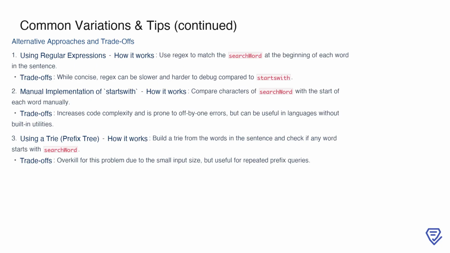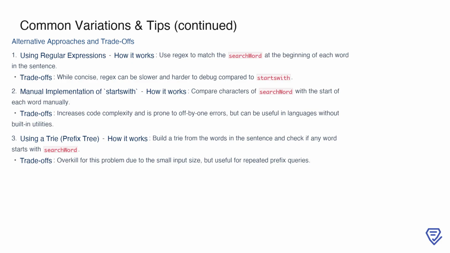There are also alternative approaches to solving this problem, each with its own trade-offs. One option is using regular expressions to match the search word at the start of each word in the sentence. While this can be concise, it's often slower and harder to debug compared to using Python's startswith method. Another approach is to manually implement the logic of startswith. This involves comparing the characters of the search word with the start of each word directly. While it avoids relying on built-in functions, it can increase code complexity and is prone to off-by-one errors, so careful